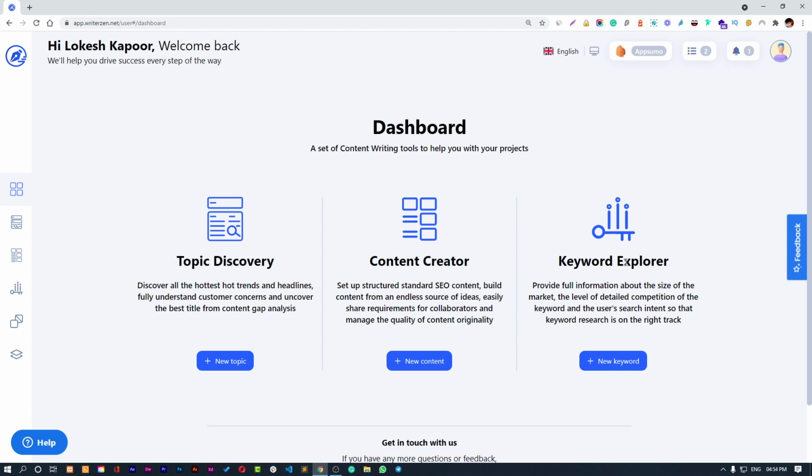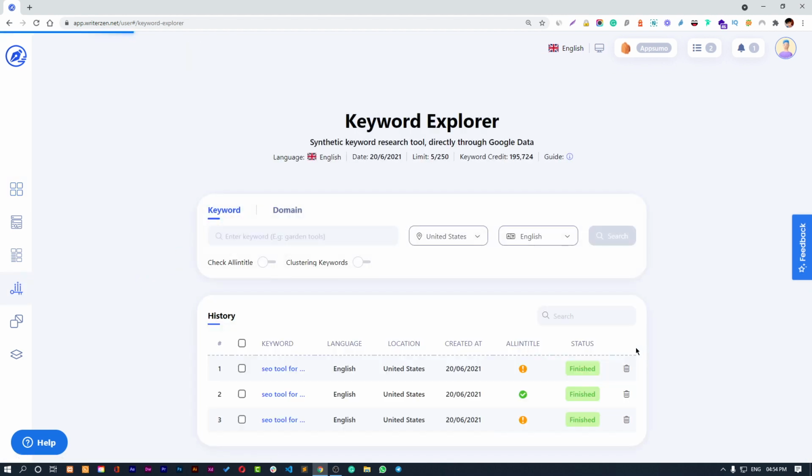First of all, there's a keyword explorer. Just click on new keyword and let us find how to start a blog. That's a very competitive keyword, but let's search it and let's enable clustering keywords. And every time you enable any feature, you have to consume some credits, as you can see,